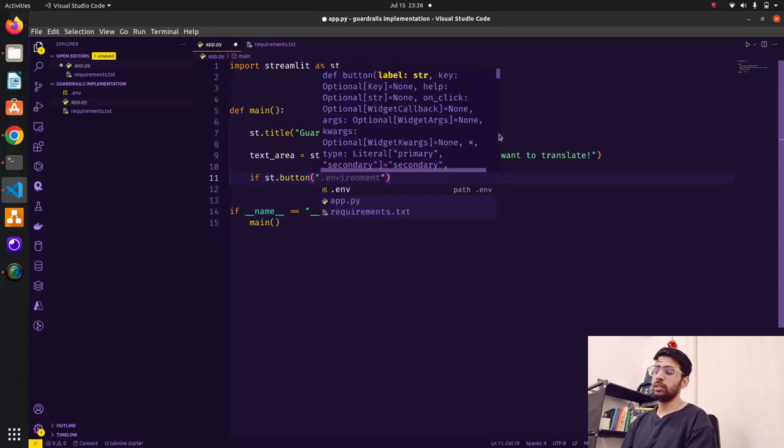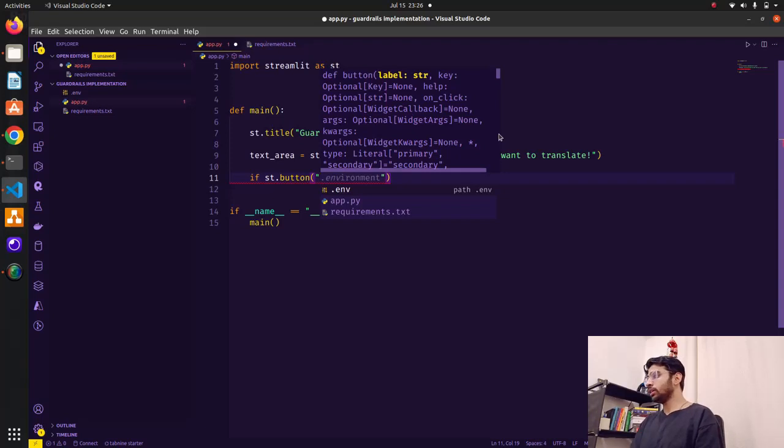If st.button, Streamlit button. If you don't know, Streamlit is a web framework in Python. It's a framework in Python to build data science apps faster. It runs on the Tornado engine as a backend, as a web server. It's very easy to implement the UI and the integration of your models, which can be a normal Python function or a Python app with Streamlit. So it helps you create these apps without having much knowledge of web technologies. That's why we use Streamlit.